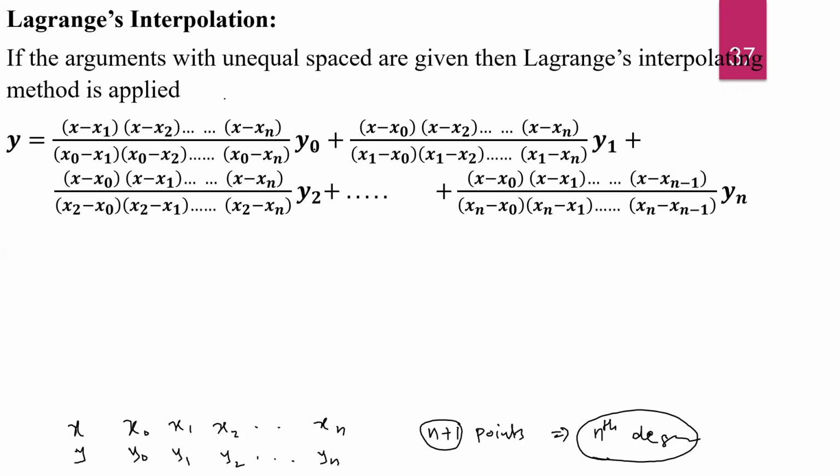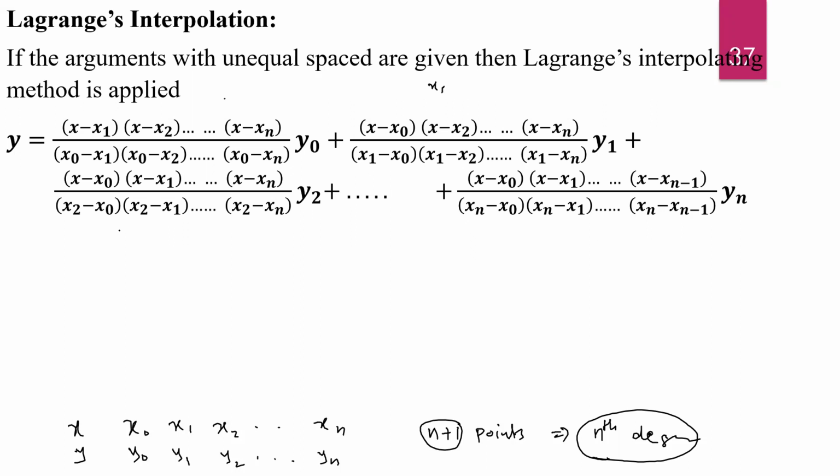Plus x minus x0; this is the second term, related to x1. X minus x0, x minus x2 dot x minus xn. Now in the denominator, instead of x, write x1. The remaining terms are as they are: x1 minus x0, x1 minus x2 dot x1 minus xn, into y1, plus